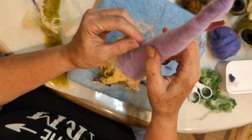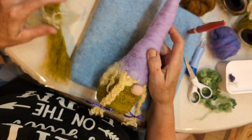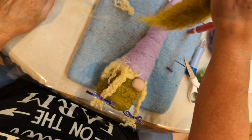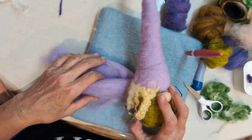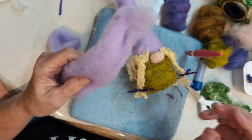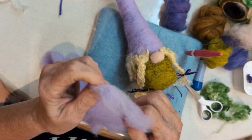Okay, the next thing we need to do is make the brim of her hat. So I'm going to move the yellow out of the way. I'm going to move this color out of the way. All right, now we've got her braids, we got her hair, and now we're going to make the brim of her hat. So what I want you to do,